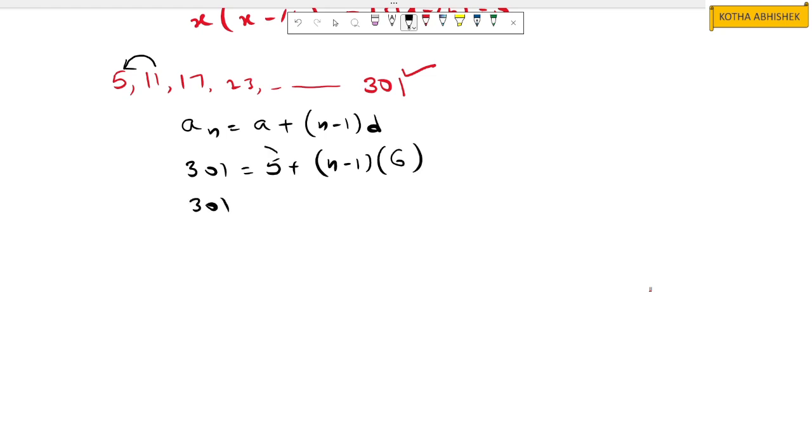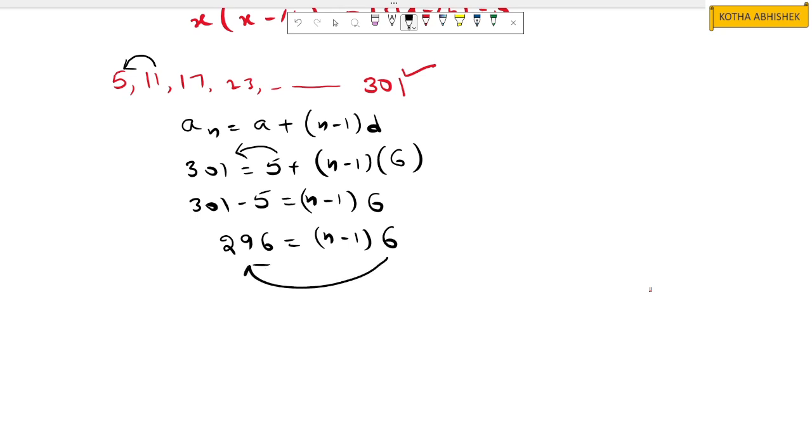301, I am taking plus 5 to the left side, then it will become minus 5, which is equal to n minus 1 into 6 as it is. 301 minus 5 is 296, which is equal to n minus 1 into 6. Now taking 6 also to the left side, it will become division: 296 divided by 6, which is equal